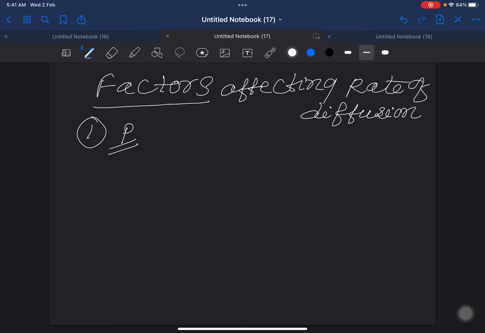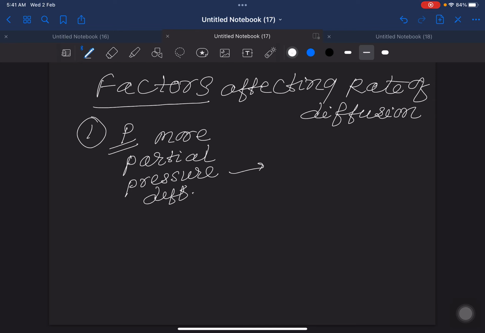It is quite logical to understand that the more the partial pressure difference, the more will be the rate of diffusion. More partial pressure difference, more will be the rate of diffusion. When a gas is kept in a container with the pressure P and placed in an environment where the